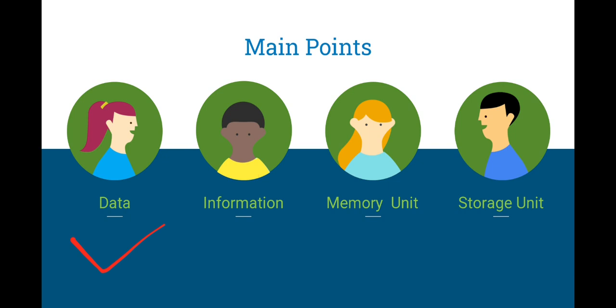Memory units is the amount of data that can be stored in the storage units in the form of bit, nibble, byte and words. I have already discussed bit, nibbles, byte and words in the previous presentation of chapter 1. Next topic is a storage unit. A storage unit can store instruction, data and intermediate result.